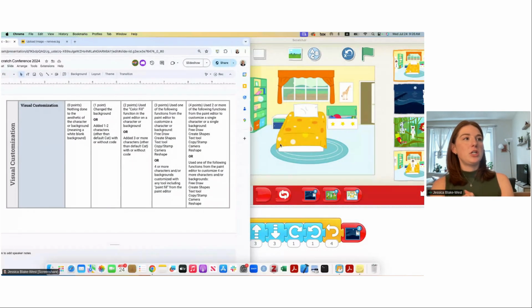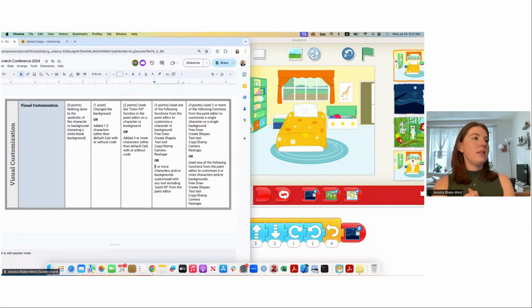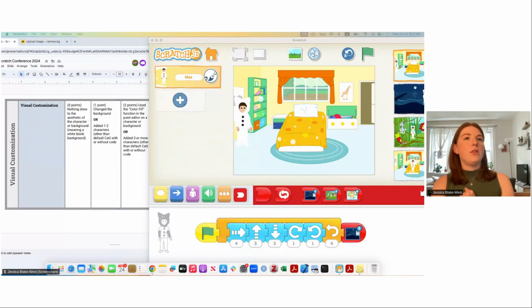Visual customization. I definitely did 4 or more characters or backgrounds with the paint customization tool. So I believe I'll go ahead and get a 3 there. And here I did not use too many. Oh, when I created